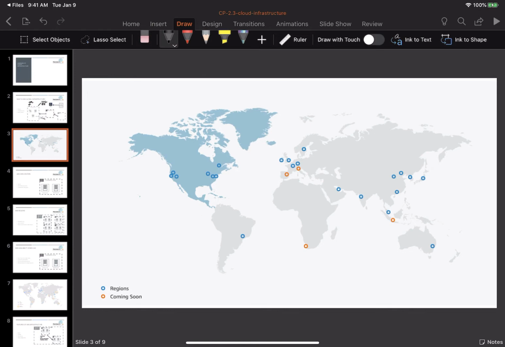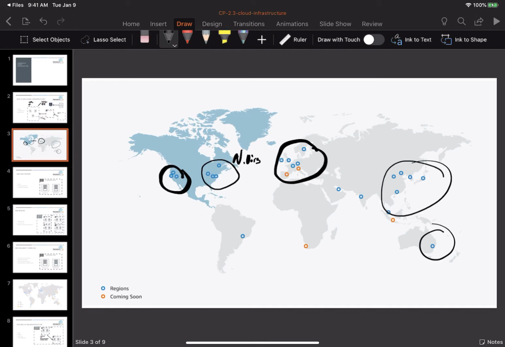You can see here, this is the West Coast. In this West Coast area, you've got several regions here, including Oregon. And then on the East Coast of the United States as well, the original region here is actually in North Virginia. And you can see that there's several different physical regions located in North America. Europe, there's many regions as well. You've also got Australia. You've got this region of the world as well. You have South America, South Africa, and also South America.